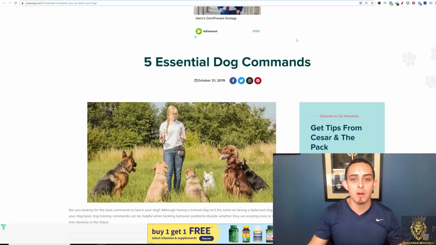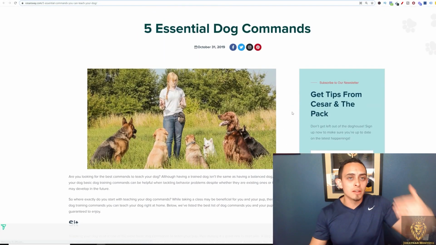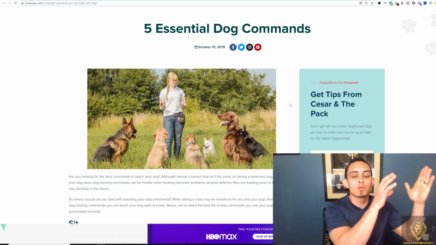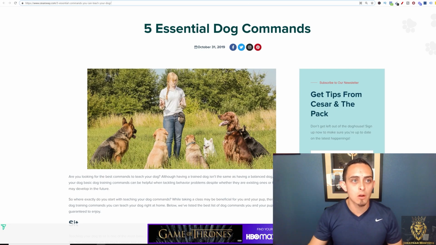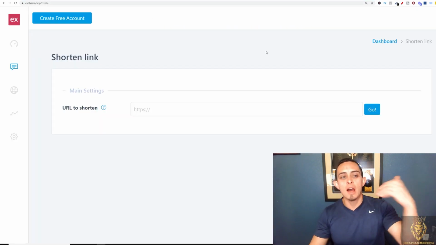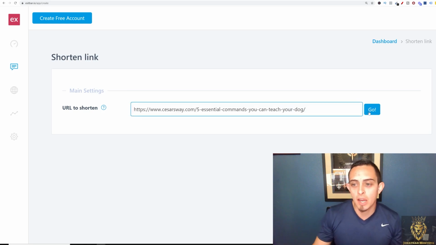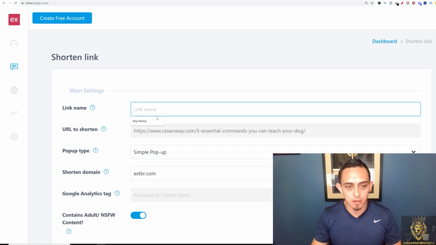Okay, so I found another article here, 5 essential dog commands, and we're gonna use this and we're gonna do the exact same thing, but in this case, instead of doing a redirect, we're gonna have a pop-up come up on the website. Okay, so if I go over here and copy this one here and go to the exact same exitbar.io, we're gonna do the same thing, but I'm gonna show you a difference here, okay? And I want you guys to understand the difference here. So if I do dog training 2,